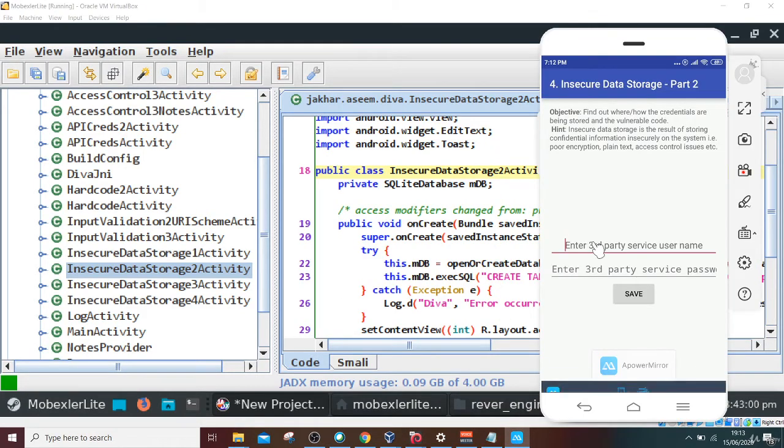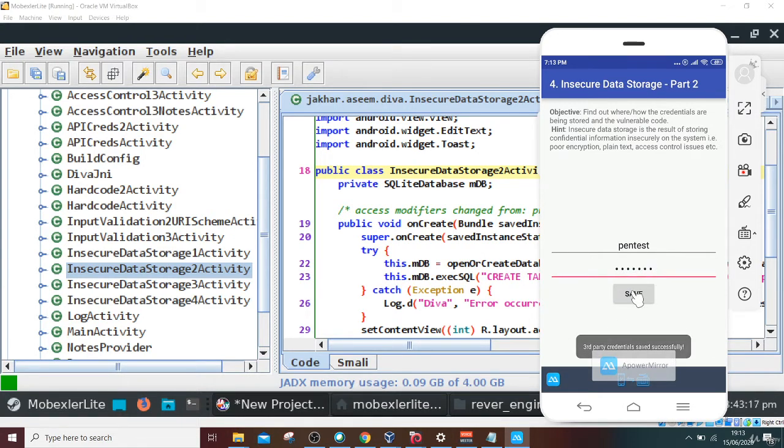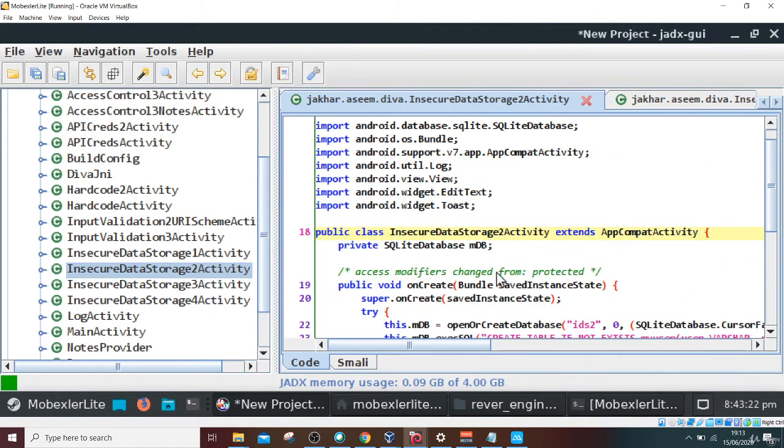Let's enter some credentials and see how we can retrieve them. I'm entering user as pentest and password as 1234567. Let's save it.